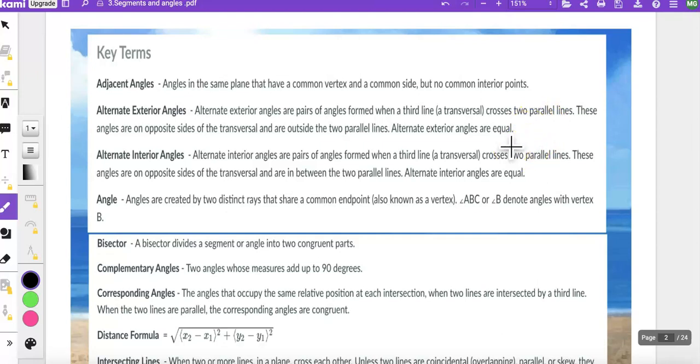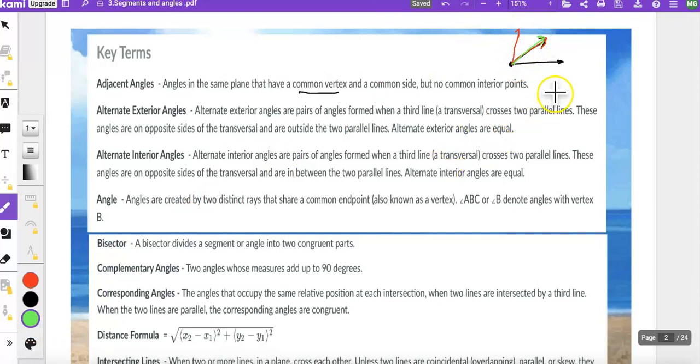First one is adjacent angles. Angles in the same plane that have a common vertex and a common side. When it says common vertex, it means this point is a vertex and a common side. So let me draw one angle over here, and I am drawing another angle also over here. This is one more angle over here, and this angle is also having one of the sides. So this middle side over here is kind of a common side